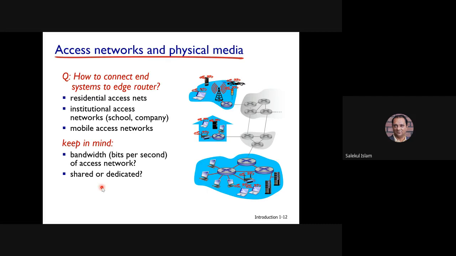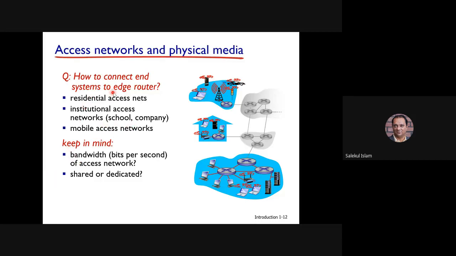So how to connect end system to edge router? How can you connect your end system? এই যে রেড যেগুলা দেওয়া আছে সেইগুলা, right? So say for example, right now my laptop is connected with my wireless router, but when I go to my office, to my institution, then my desktop is being connected using a wire. তাহলে আমরা কখনো ওয়্যার দিয়ে কানেক্টেড হই, কখনো ওয়্যারলেস দিয়ে হই। Sometimes we also use mobile access networks. তার মানে এগুলো ডিফারেন্ট ওয়েজ কানেকশনের জন্য।